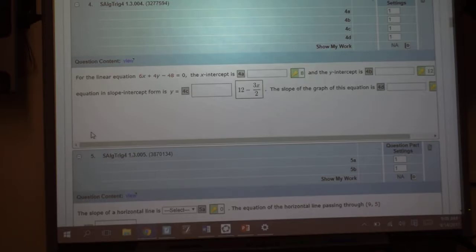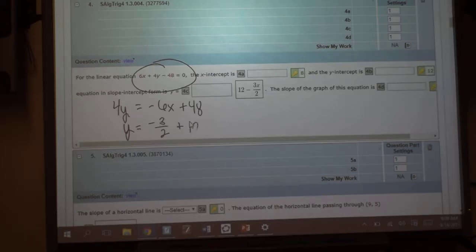Okay, so you got the x-intercept is 8, or mine is, y-intercept is 12, equation of slope-intercept form is... Okay, so slope-intercept is just the fancy word for y equals mx plus b, right? So you're going to take this thing and just solve it. So 6x plus 4y minus 48 equals 0. Solve that for y. I'm just going to isolate 4y. Gives me negative 6x plus 48 divided by 4. Give me negative, what, 3 halves